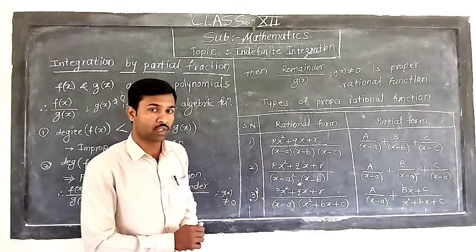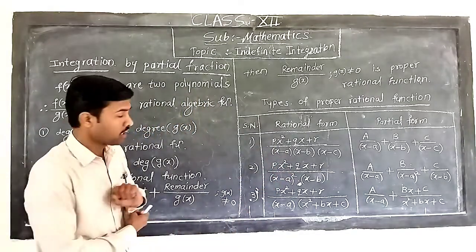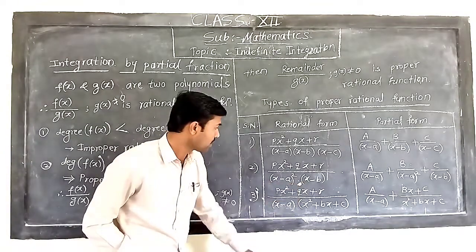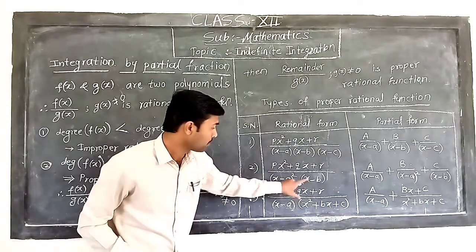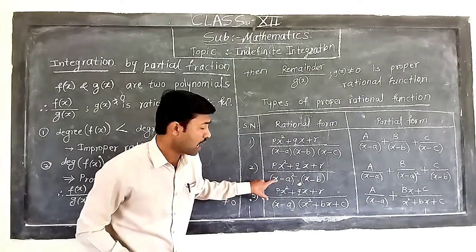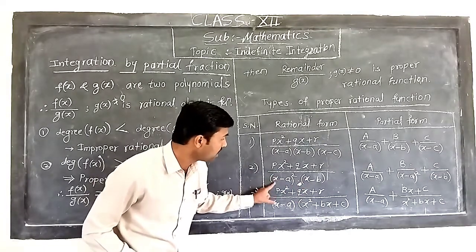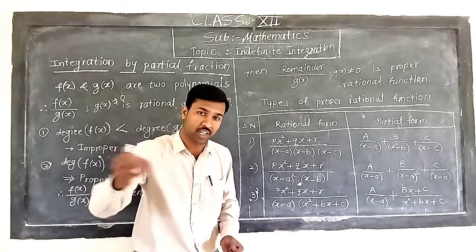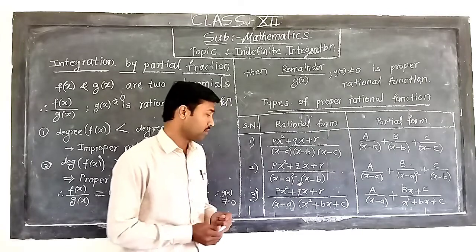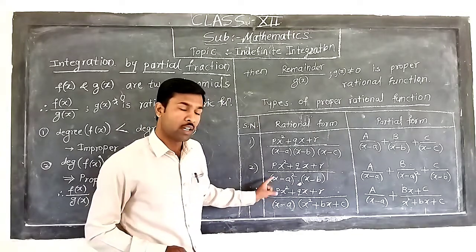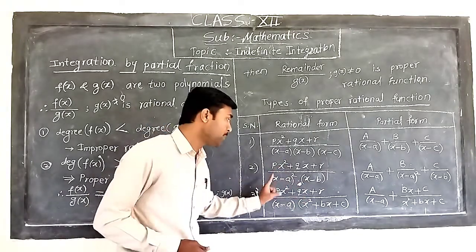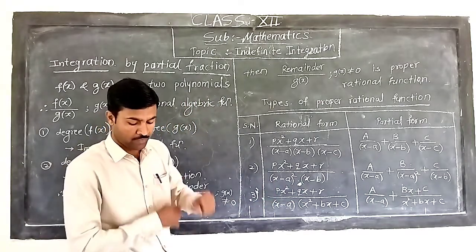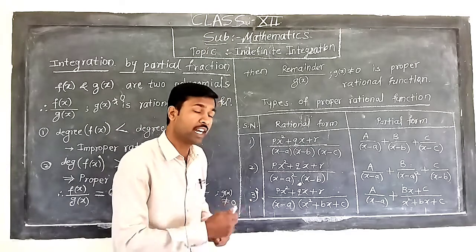Okay, now friends, second, if the factors are of this type, in which there is a linear factor, but I have observed that one factor is repeated. Here is x minus a whole bracket squared, maybe x minus a whole bracket cubed. When there is a product of linear and repeated linear factors, it means that the factors are repeated and linear.